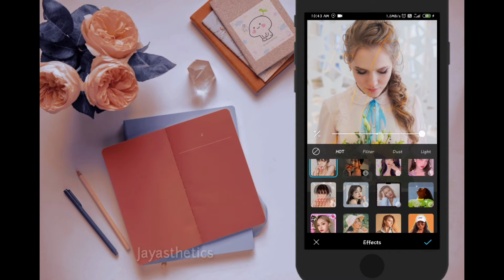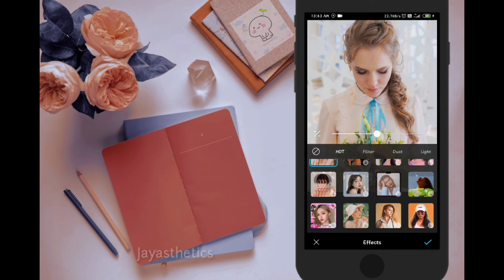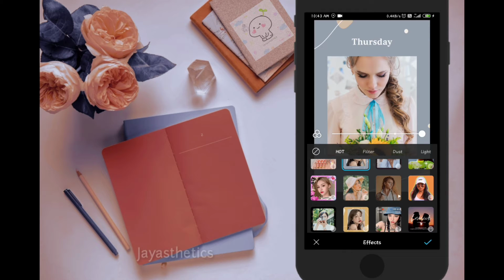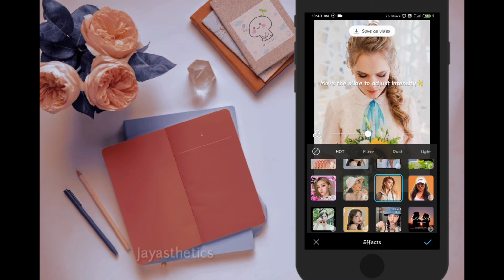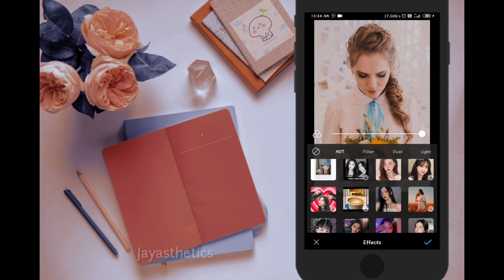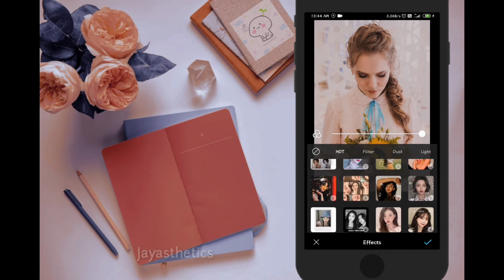Let me choose one of these and I will show you the difference between the first photograph and the edited one in the end. You can also find Snapchat filters here, glitches and all for editing videos.